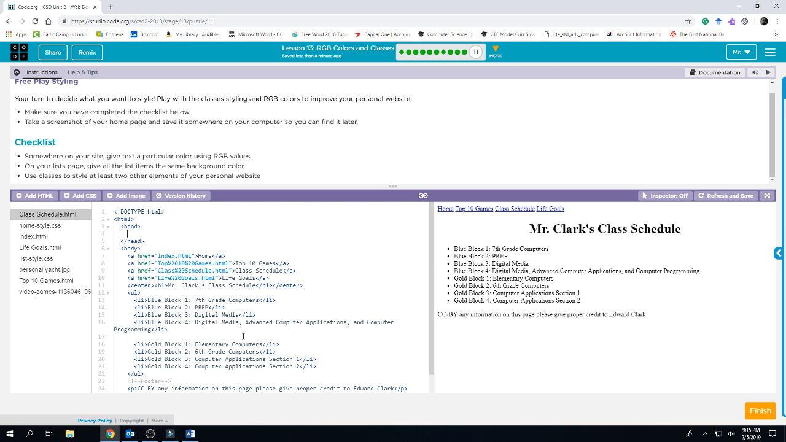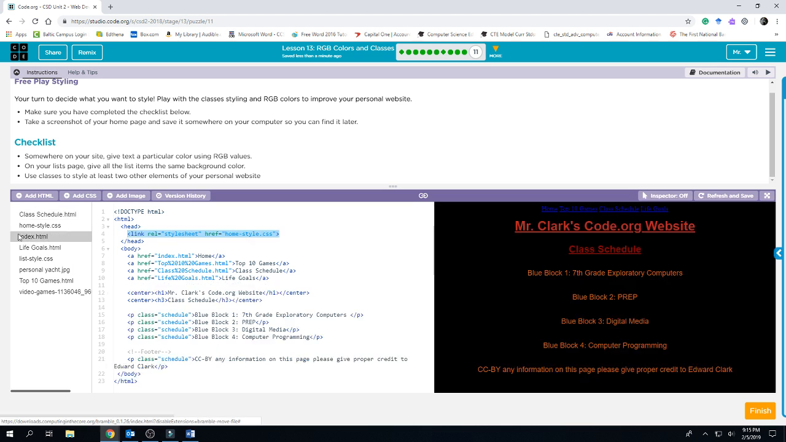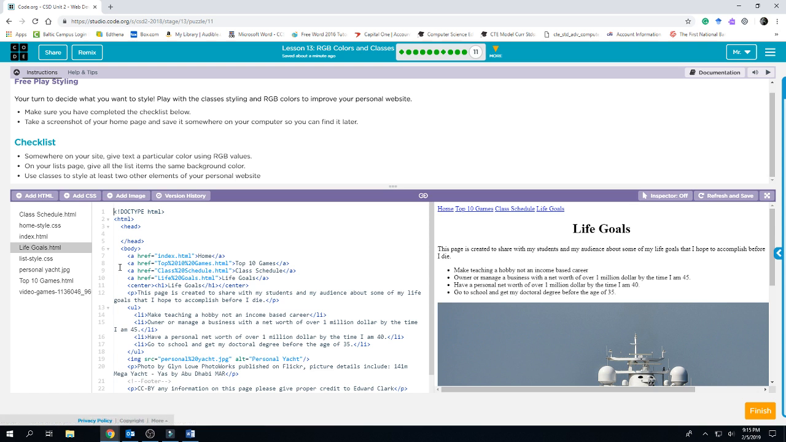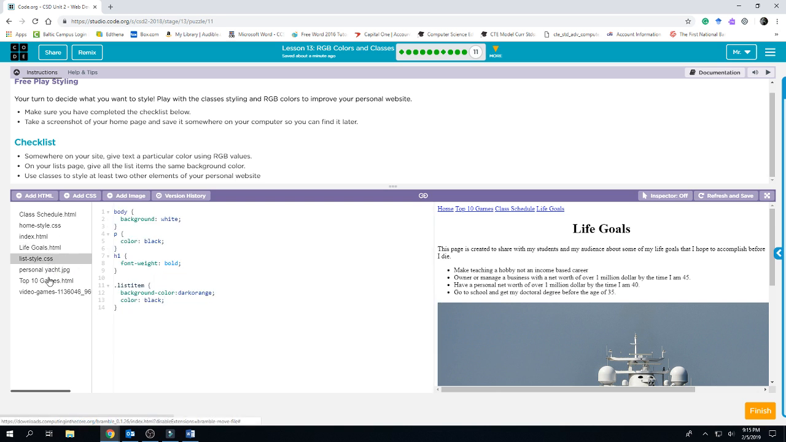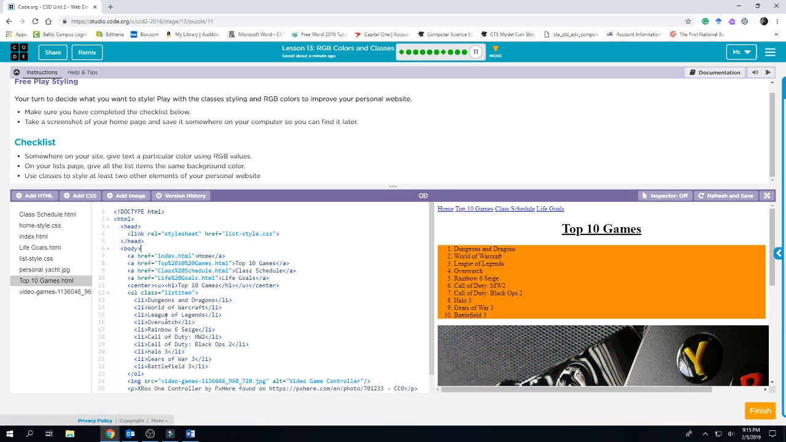Okay, and then anytime that I'm editing this page and want to create any classes or create any styles, I can just do that on this page. Okay, I've got my home-style.css, that's for my home page. I don't have one for this life goals. So what I should do is I should create a life goals-style.css page and link it in the head to this one. Okay, I've already got my list one made for this one right here, my top 10 games, which is my list page. So that is your assignment, and then you need to use